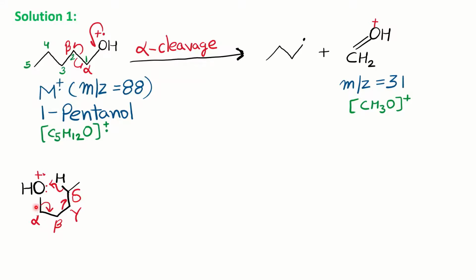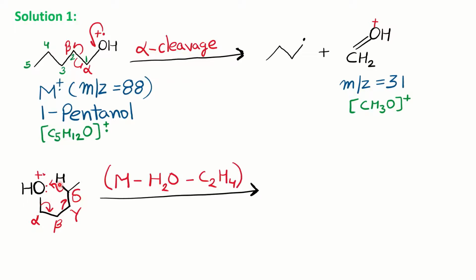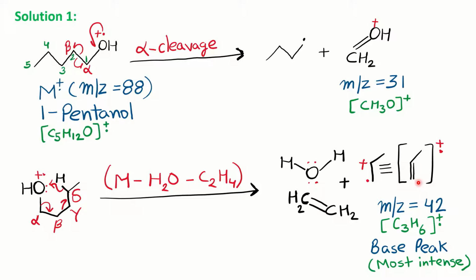And this alpha carbon, the bond attached to the oxygen and the alpha carbon, is giving its complete electron, so the alpha beta is going to be released as a neutral alkene here, and the beta gamma bond is giving one of its electrons to the gamma delta bond. So the gamma carbon will get a free radical. In that way, we release H2O as a neutral molecule, and this alpha beta carbon as a neutral alkene, and you will get a radical cation here, which will be detected in the mass spectrum.